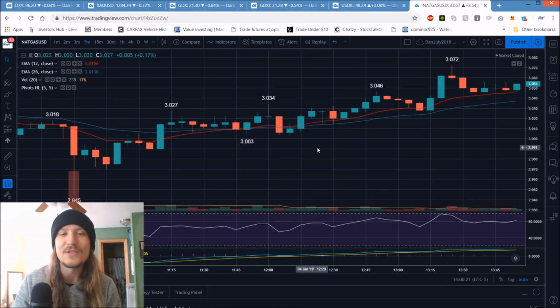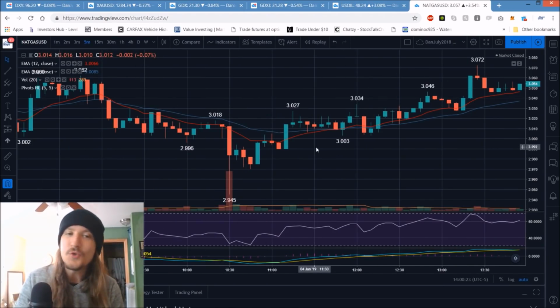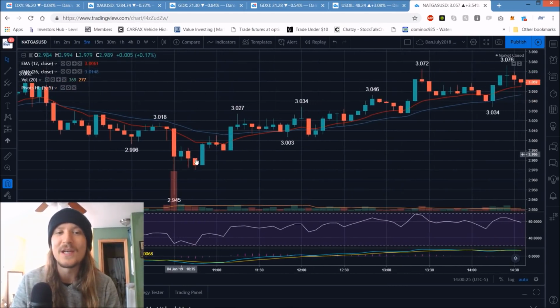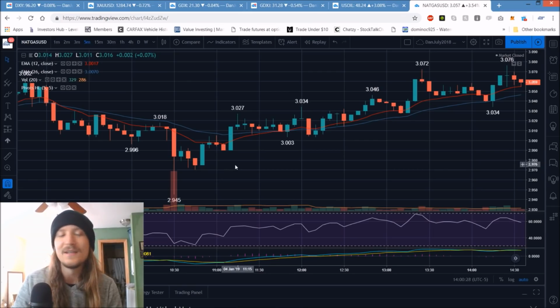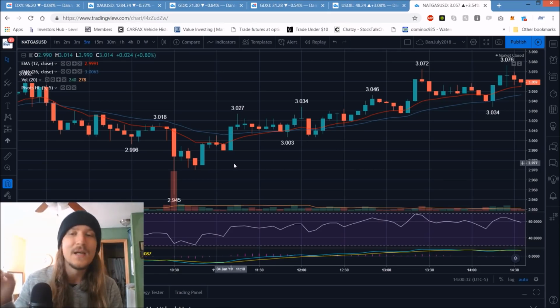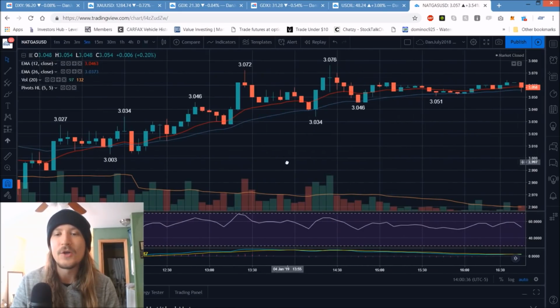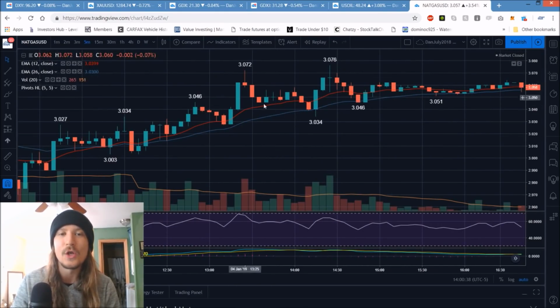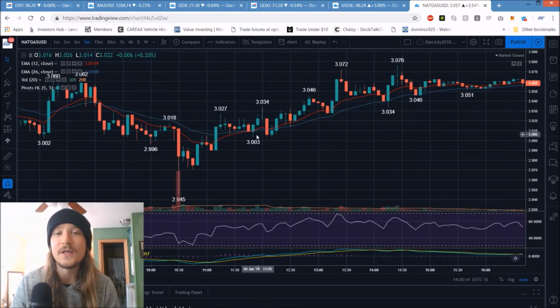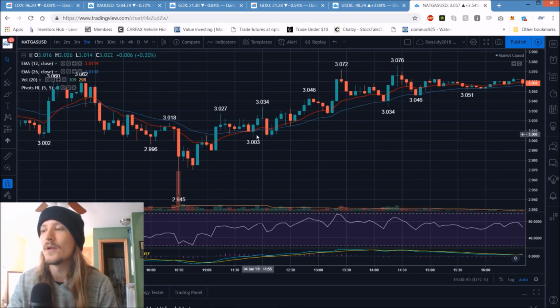So that's one of those things where I was reminding myself, man, zoom out. You're looking for a weekly bounce and you're looking at the 5-minute time frame to dictate your exit. So that was just a reminder for me to get out of the day trading mindset and look longer term. So I gave up that good entry and then entered later in the afternoon heading towards the close and a worse entry. But again, I'm looking longer term, and that was just a mistake that I will look to correct,